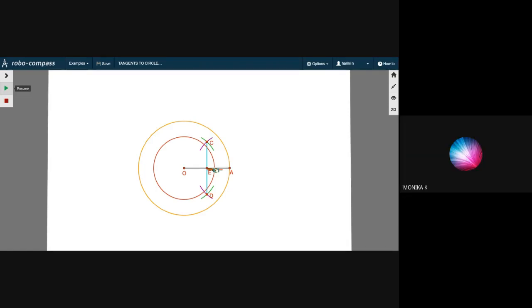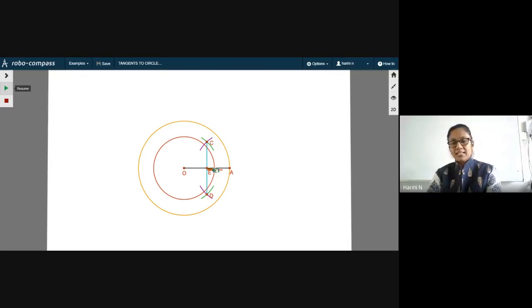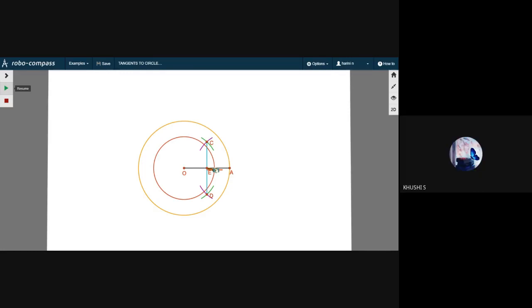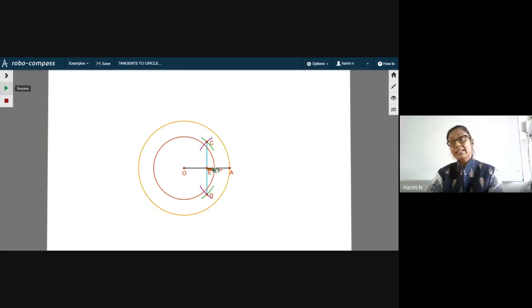What should you do next? On radius OE. With E as center and radius OE, draw a circle intersecting my original circle. Which is my original circle, yellow or red? Red. Yes. So you will be intersecting the red circle. Don't go to the intersection with the yellow circle. Yellow circle is not my original circle. Yellow circle is drawn to locate the point A alone. All right, so you must be careful.